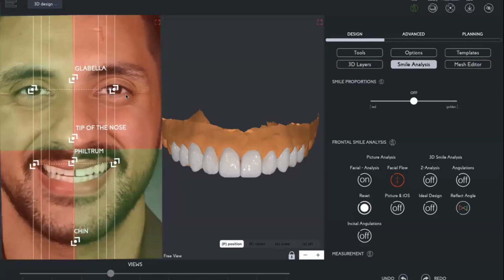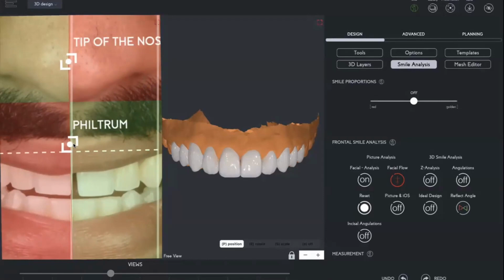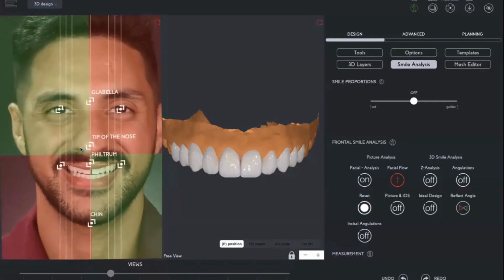95% of the patients have a facial flow. Understanding the facial flow is important, because if the chin of the patient goes to the right or to the left, and your design is following the opposite direction, because of the crossing lines in the face, chin goes in one direction, smile goes into the opposite direction, you create a visual tension in the face. Creating a visual tension in the face, the smile that we create is not in harmony with the face. So we analyze the face, we know what we can do, and we know what we shouldn't do. That's the first facial flow